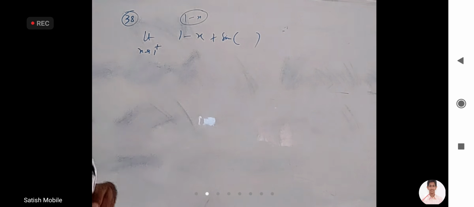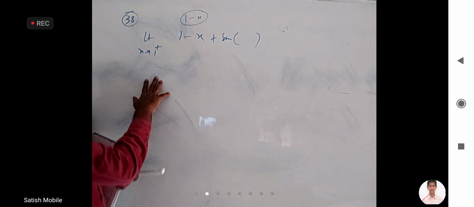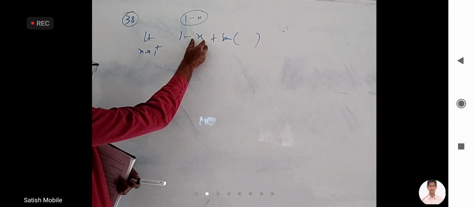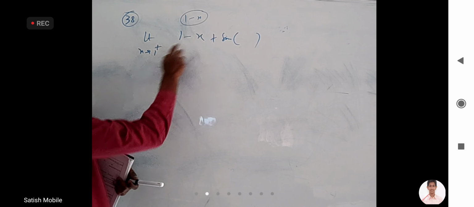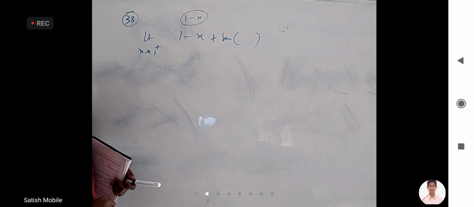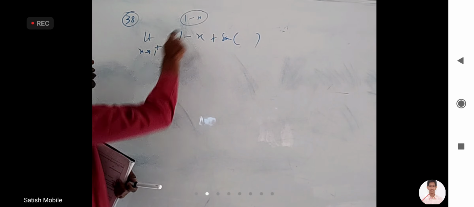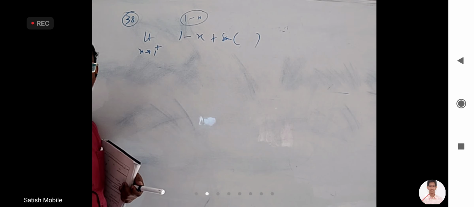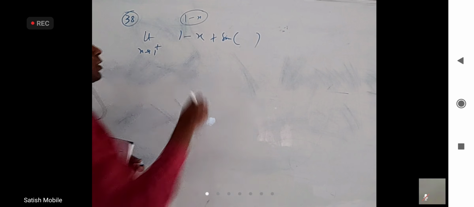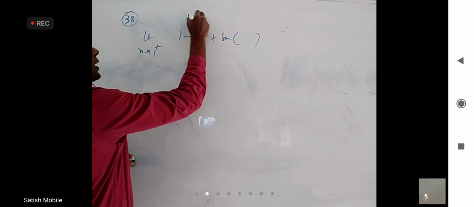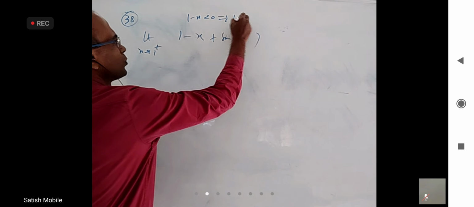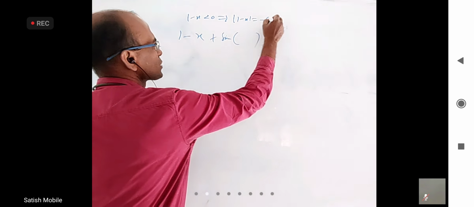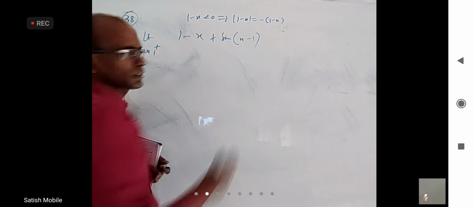Okay, thank you. So my question I am asking is, here mod x is there, just after 1 it is positive, so I wrote mod x as x. But just after 1, what about 1 minus x? It will be negative or positive? Negative. So because 1 minus x is less than 0, mod 1 minus x is minus of 1 minus x, which is x minus 1.